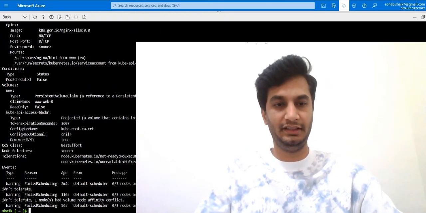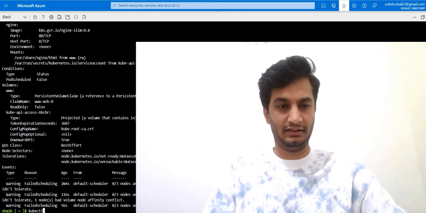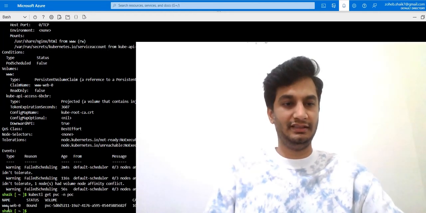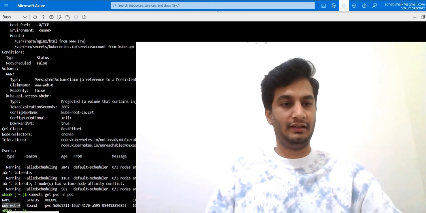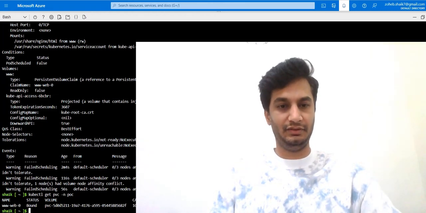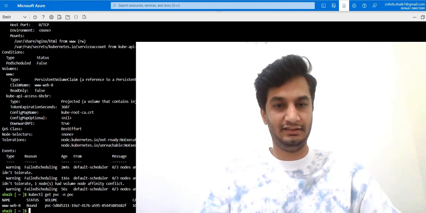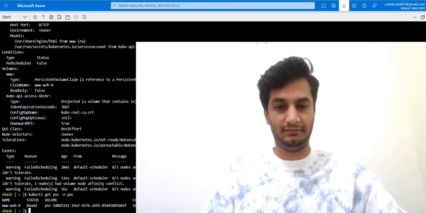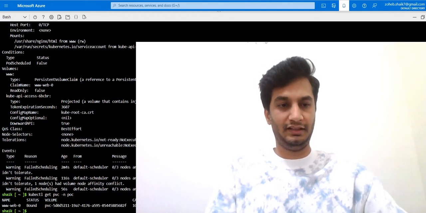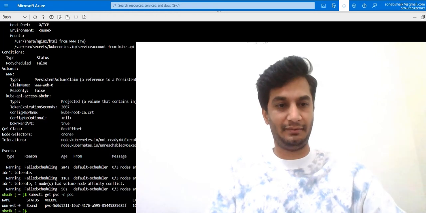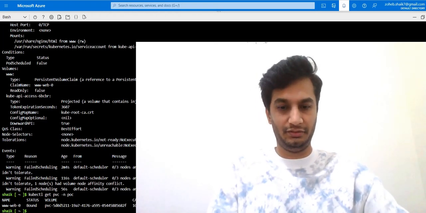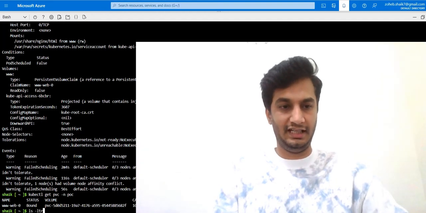The only way is we need to convert this. Get PVC. Yeah, we just need to convert this PVC to ZRS. Currently the storage class is LRS. We just need to convert it to ZRS. Then only we can achieve this. I will show you that as well. That is the interesting part. For that we need a snapshot class. We need a snapshot, and then from the snapshot we need to create a PVC. Step by step I'll show you, as I have the files handy with me.